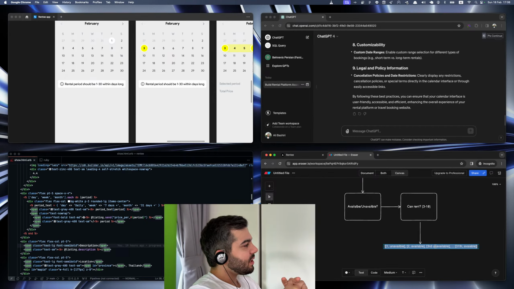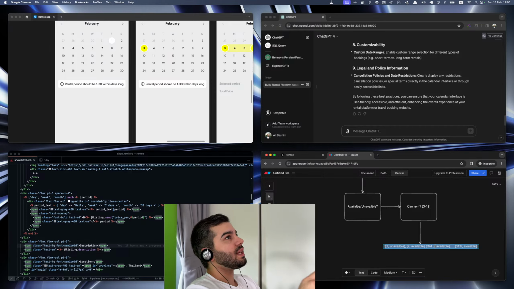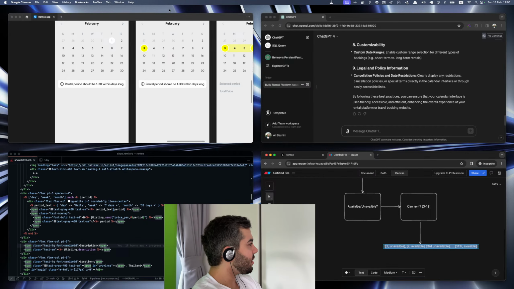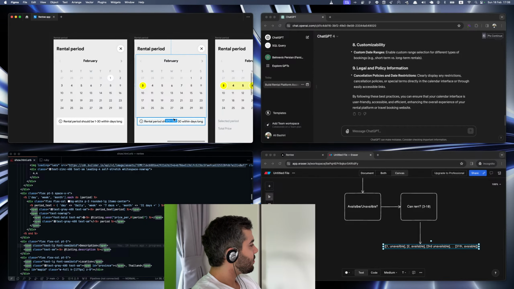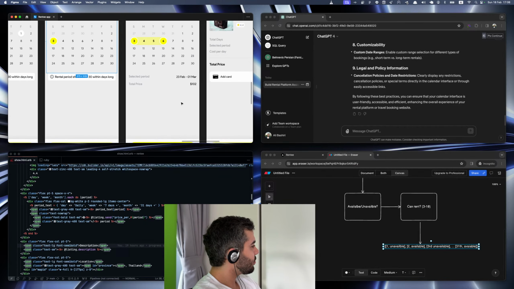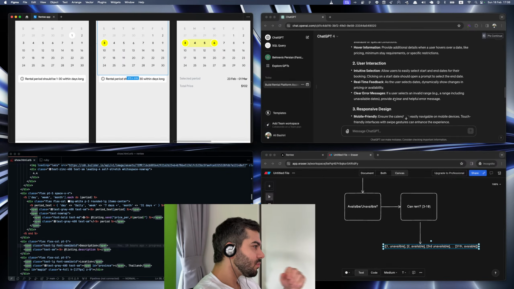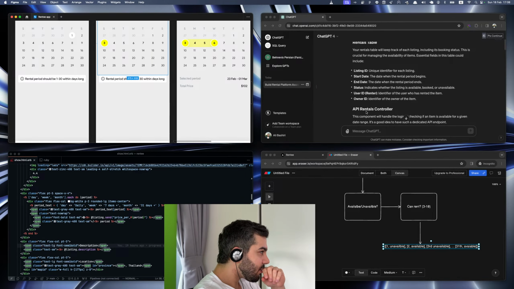If I select the date range from 3rd of February until the 9th, but the 3rd is not available, the 4th is not available, but 5th, 6th and 7th are available, we need to return only the available dates and ignore the unavailable dates. I think that's going to make it a lot faster. So let's generate the